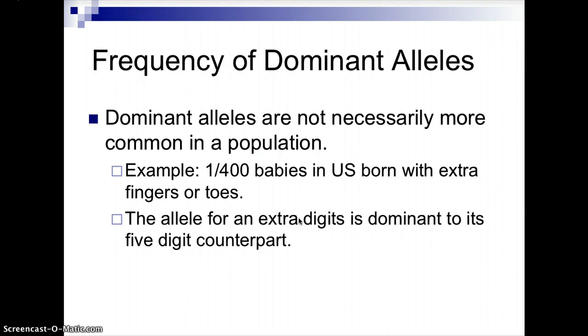So, frequency of dominant alleles, to wrap up the case of complete dominance: dominant alleles are not necessarily more common in a population. 1 in 400 babies in the United States are born with extra fingers or toes, so that extra digit. The allele for the extra digit is dominant to its 5-digit counterpart. And that's where we're going to end this lecture for today, because so far up to this point,